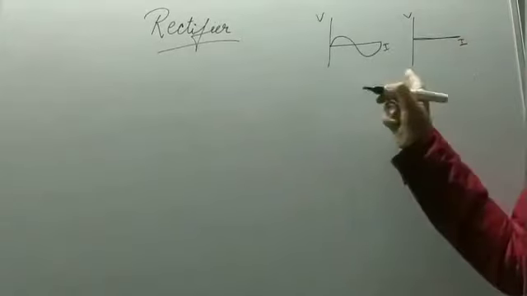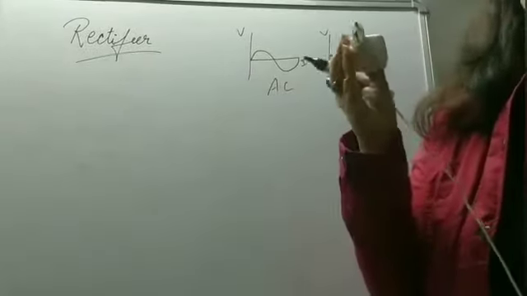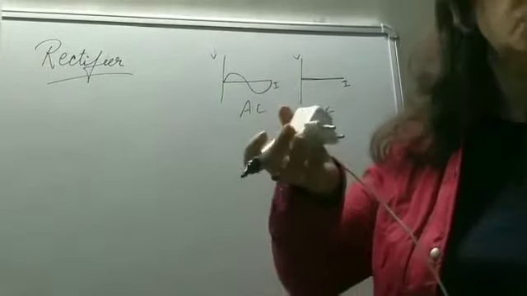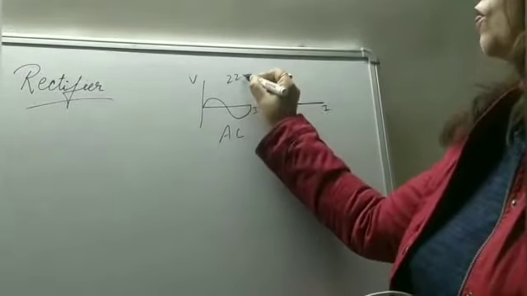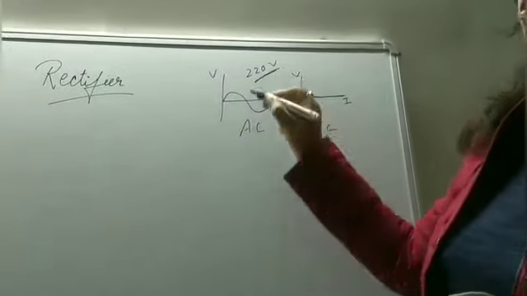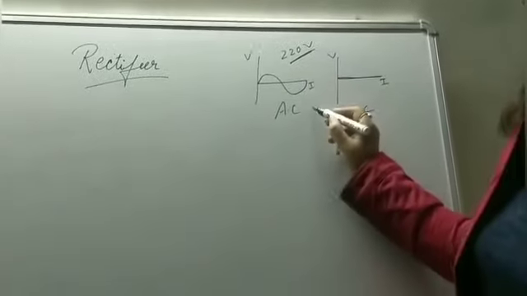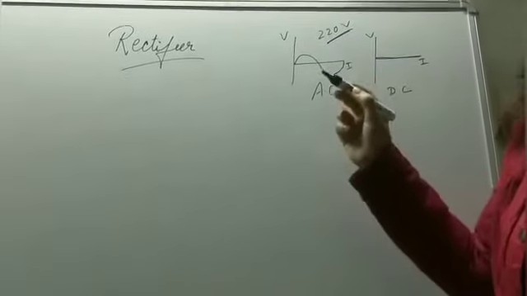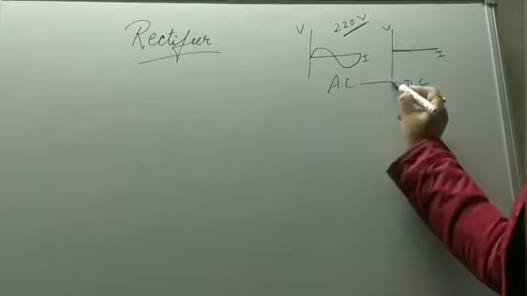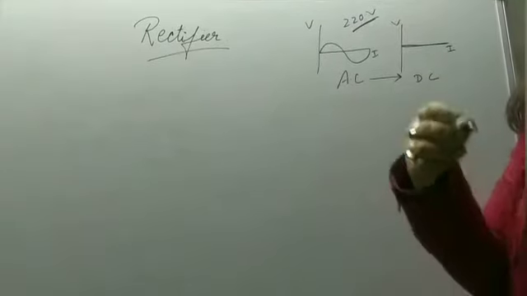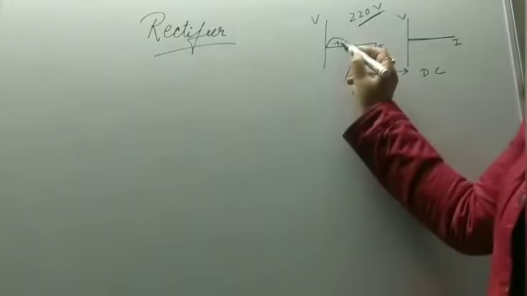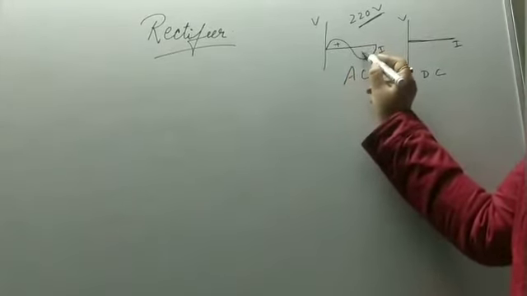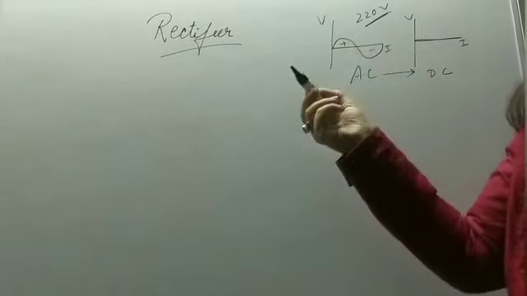But what about when we are charging our mobile or our laptops? Here we need only 5 to 7 volts and we are getting 220 volts in our home. So that means it needs to be converted to 5 to 10 volts. That means AC needs to be converted to DC. And if you are talking about the capacitor, in the positive half cycle it gets charged and in the negative half cycle it gets discharged.